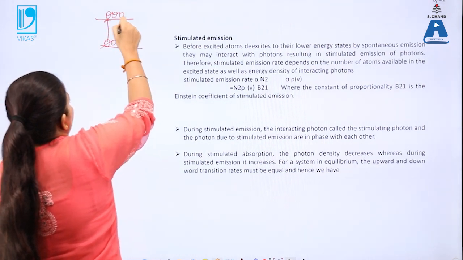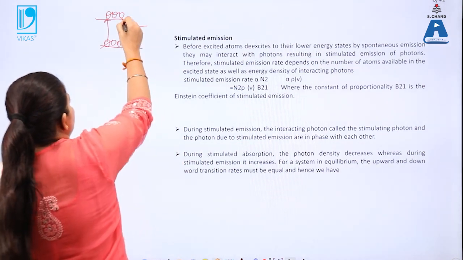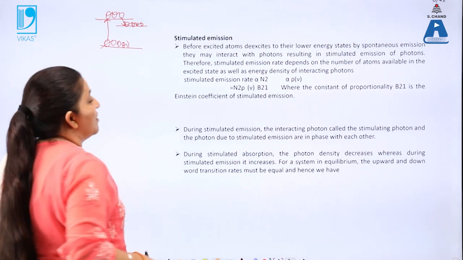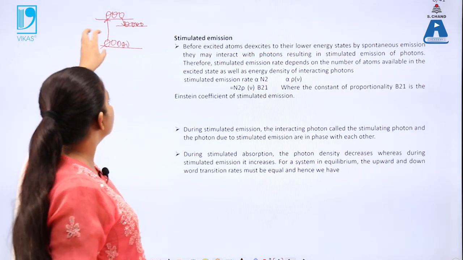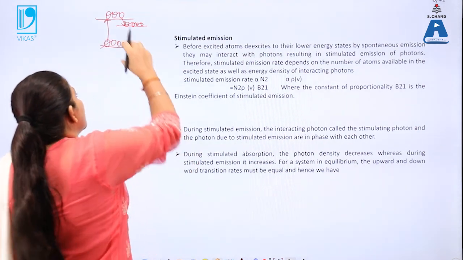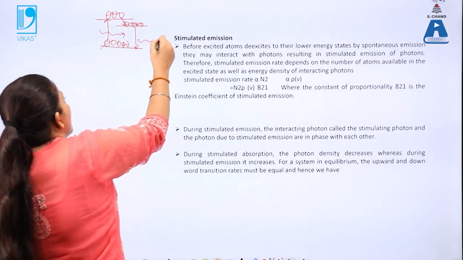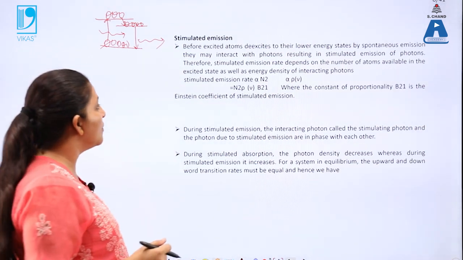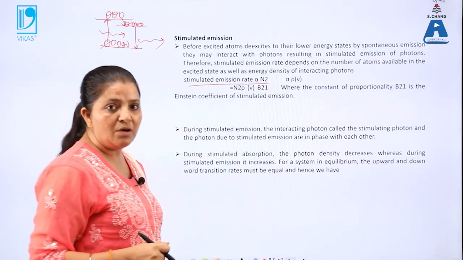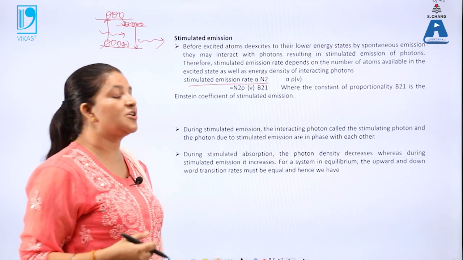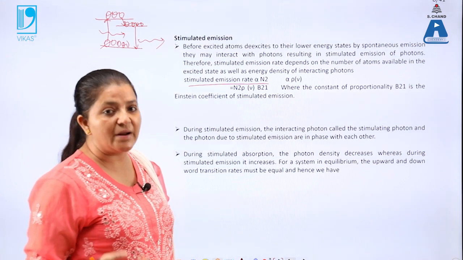Again the atoms will jump from this excited state to the metastable state by non-radiative transitions. Now for the atoms to come back from this metastable state to the ground state, some amount of energy is given to them, equal to the difference between these energy levels. That means energy is supplied to the atom and they jump back by releasing photons with energy h nu. So in stimulated emission, the rate is proportional to N2, the number of atoms present in the excited state, or you can say in the metastable state.